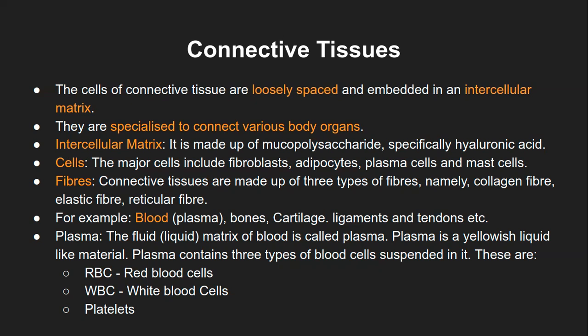Sir, what does it mean by intercellular matrix? Is it just intercellular space? Yeah, within that intercellular space, there is a matrix. Matrix we are going to see in the next point itself, which is made up of mucopolysaccharide or certain proteins, and one of the components which is known as hyaluronic acid. So that is the matrix. Matrix is nothing but, you know the general concept of matrix, right? So the same thing, whatever is filling in between the space, that we call matrix.